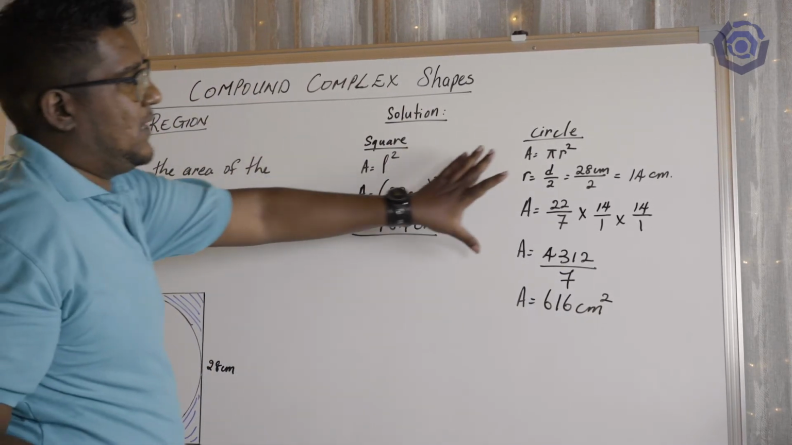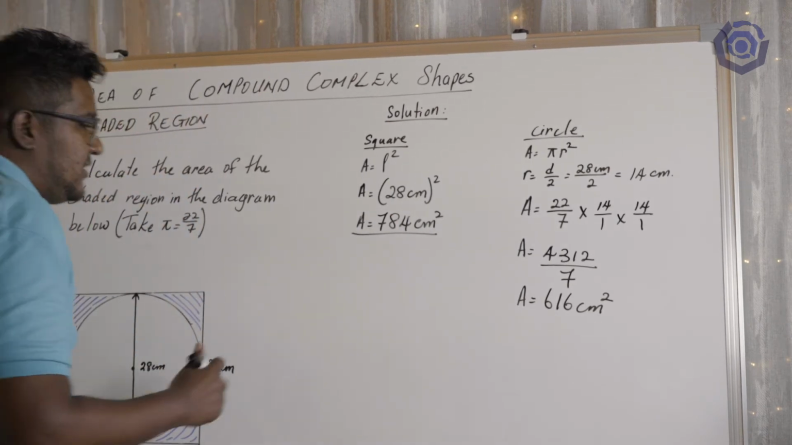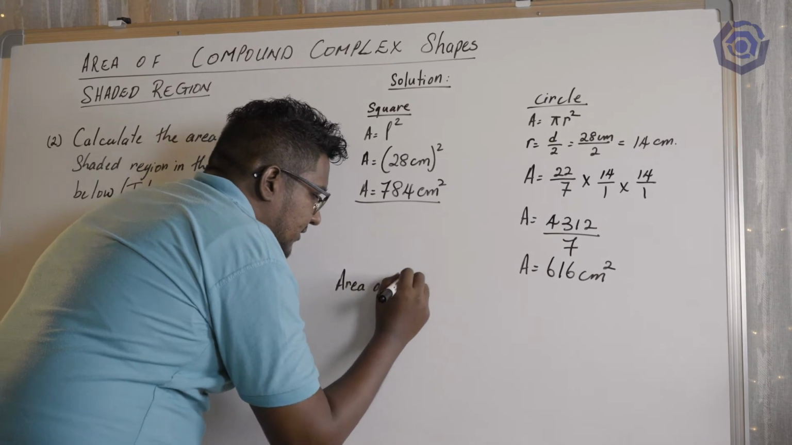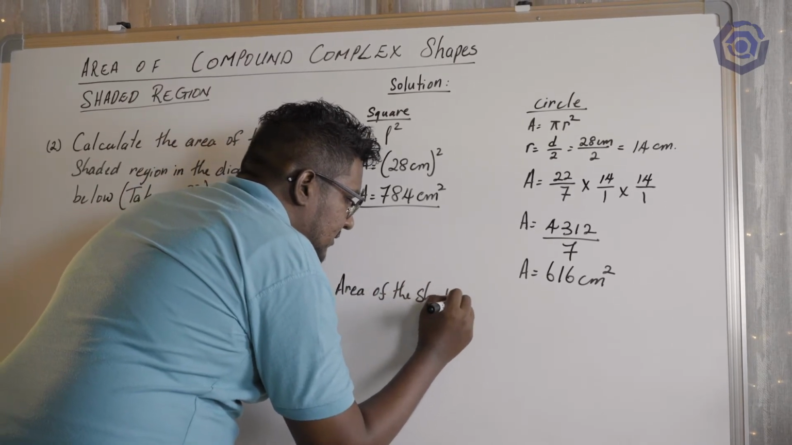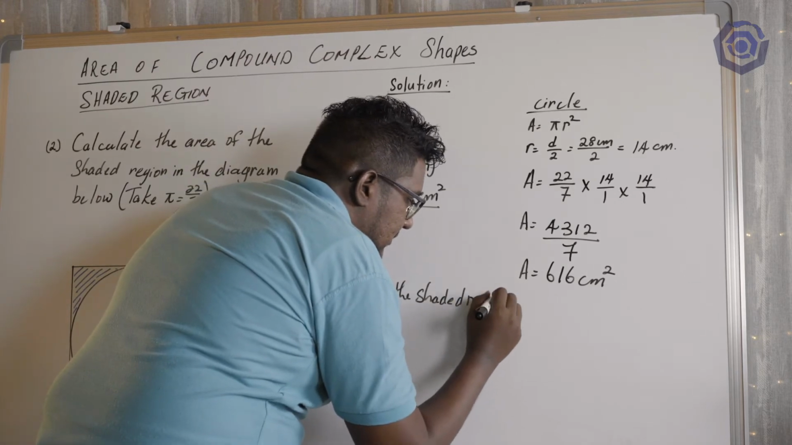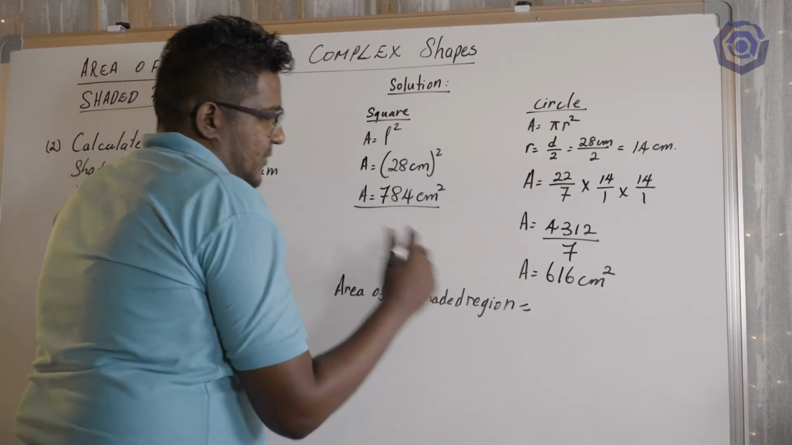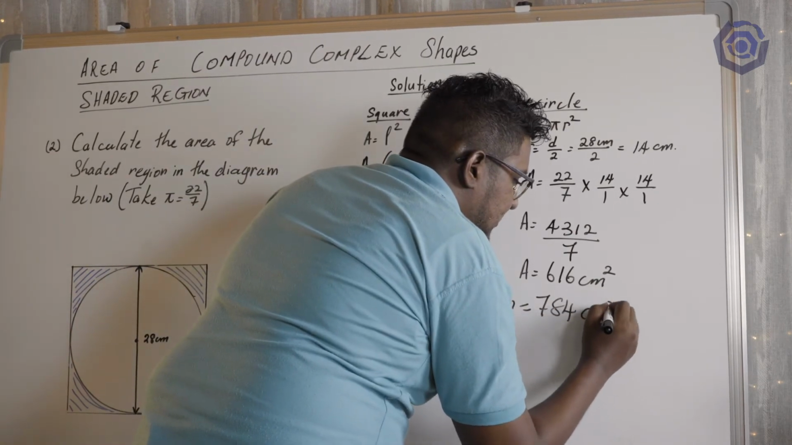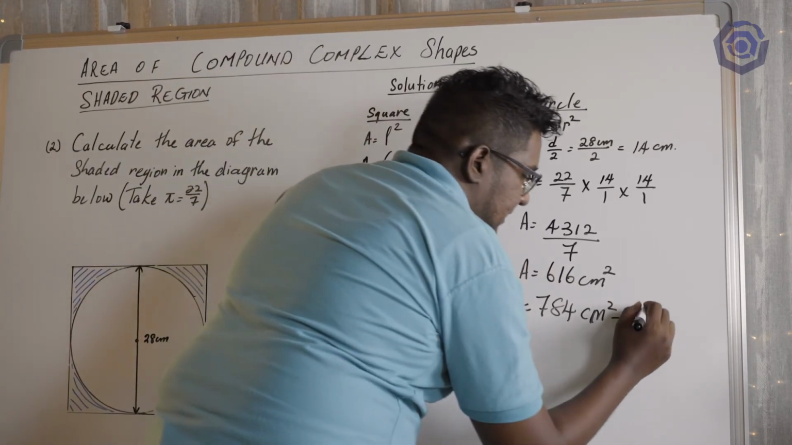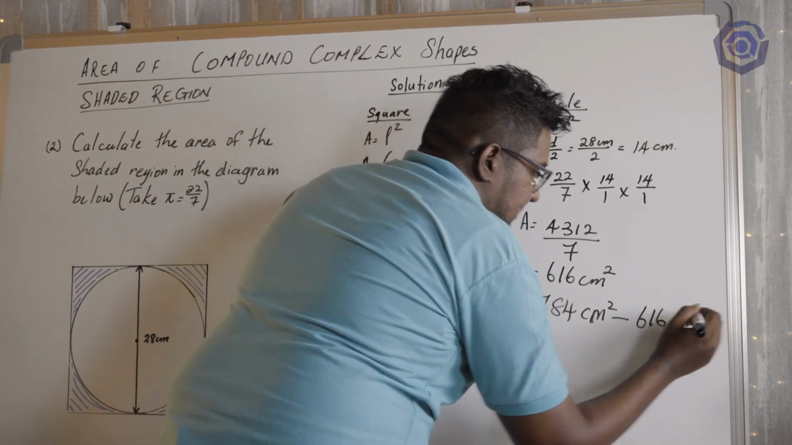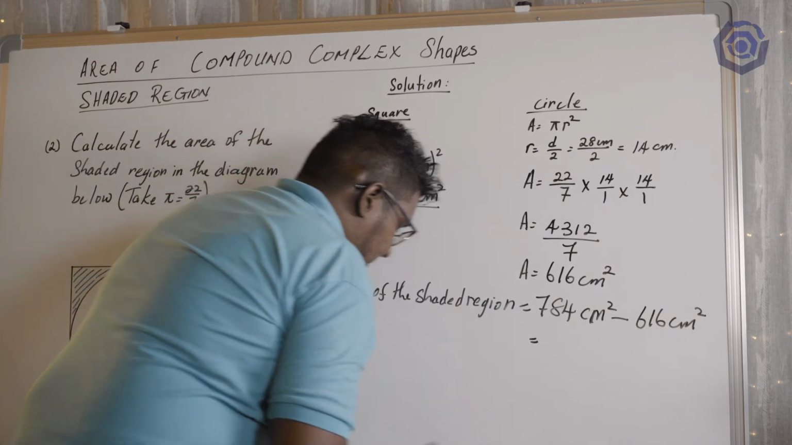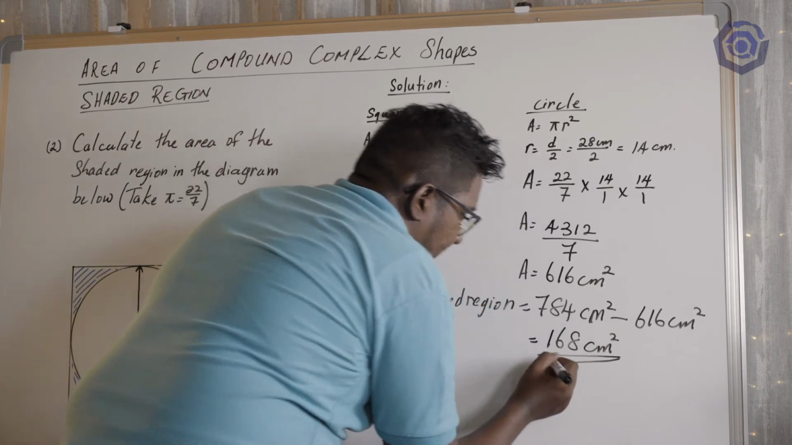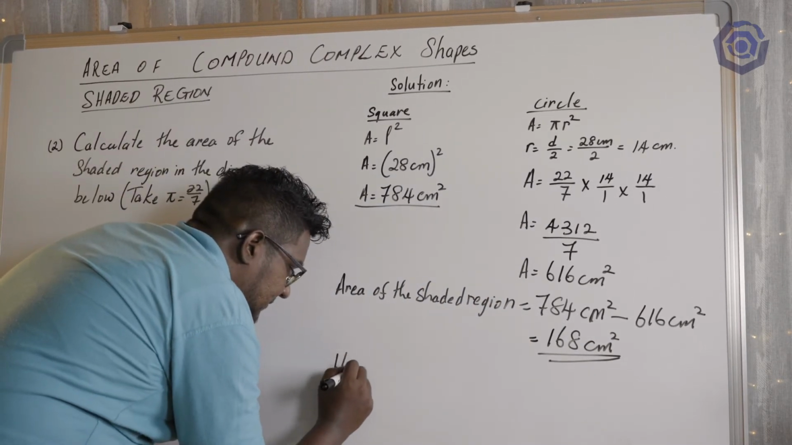So our big shape, our little shape. To find the area of the shaded region, we subtract. So the area of the shaded region is going to equal our big shape, which is 784 cm squared, subtract our little shape, which is 616 cm squared. Subtracting them, I would get 168 cm squared. So our general statement, hence,